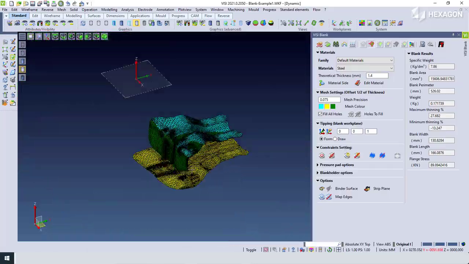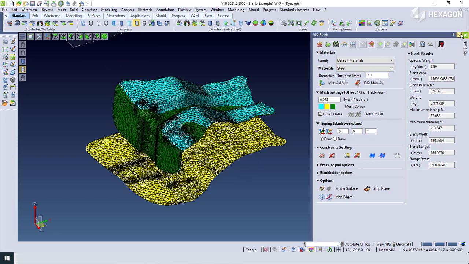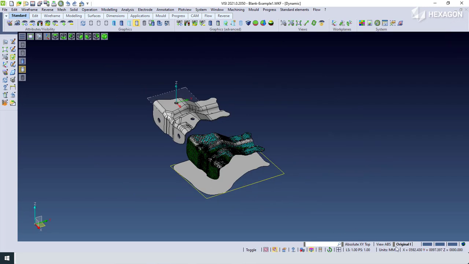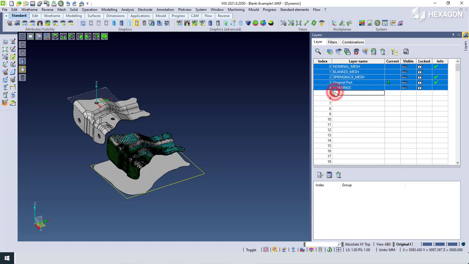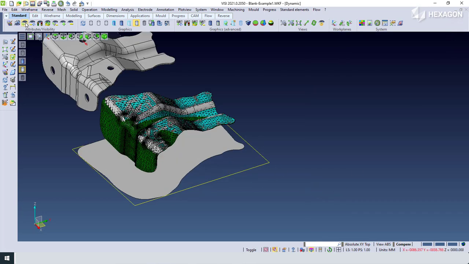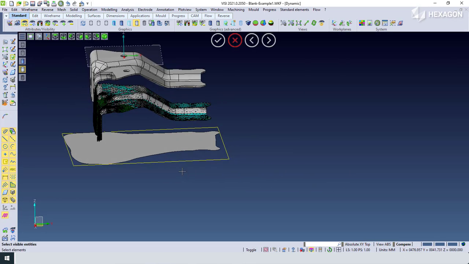I will now come out of the Visi Blank, working layer just for the video, compensated part, and I'll make that the active layer. Okay, I'll just isolate the geometry I want to see on screen. Okay,